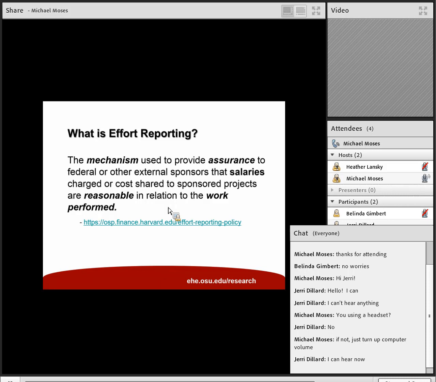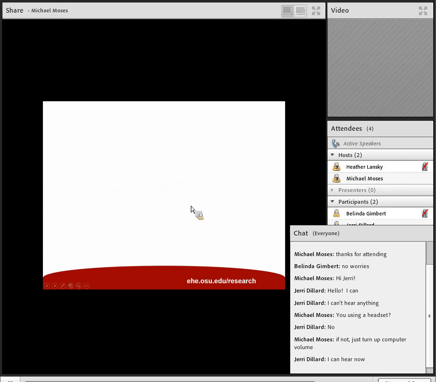So we all work at OSU. Everyone's on a research project. Not always the case, but the bulk of the research team is located at OSU, and someone other than OSU is going to pay to get this project done. So there needs to be a way to verify that time was spent. It's also codified in federal regulations,